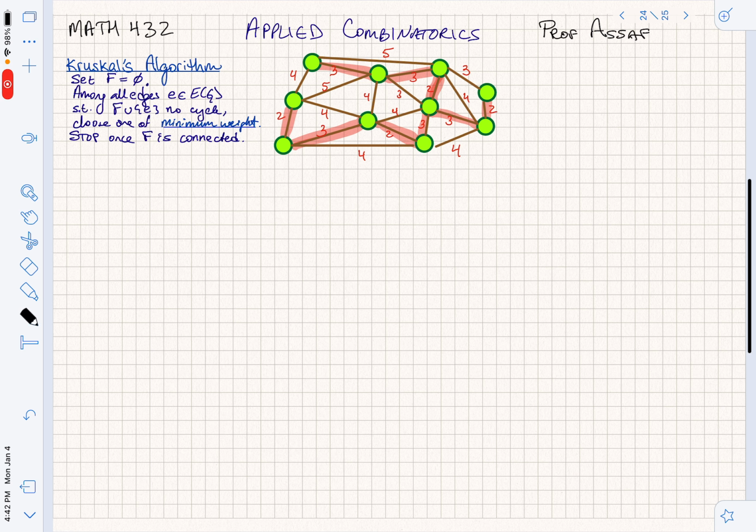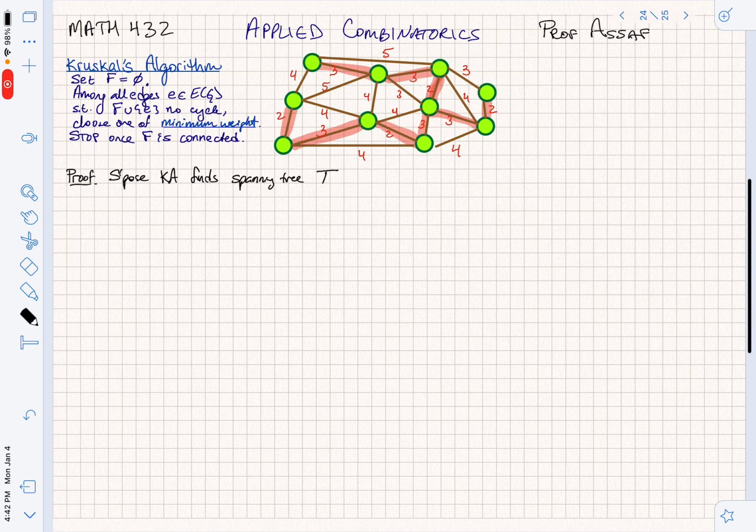Okay, let's prove that Kruskal's algorithm always works. So oftentimes for proving that an algorithm works, there are two approaches. Either it can be constructive and you can show, well, this definitely did it, or it can be by contradiction, assuming there was something better and finding a contradiction. That's the approach that we're going to take this time. So we're going to suppose that Kruskal's algorithm finds a spanning tree